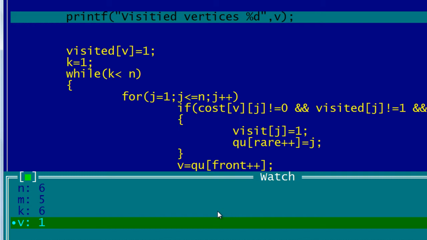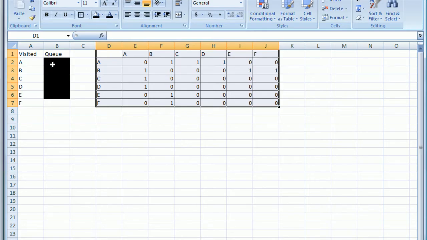So these are some variables which I am going to debug. We will add some more variables if required, right? As of now it is printing vertex V, because we are saying we have already visited vertex V, meaning my first vertex. Okay, remember this condition